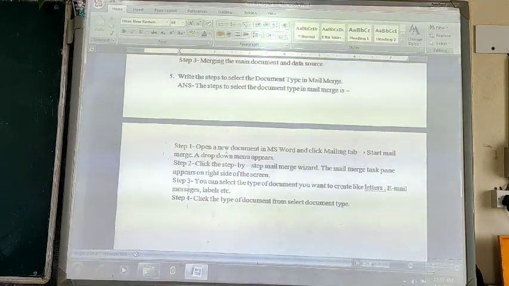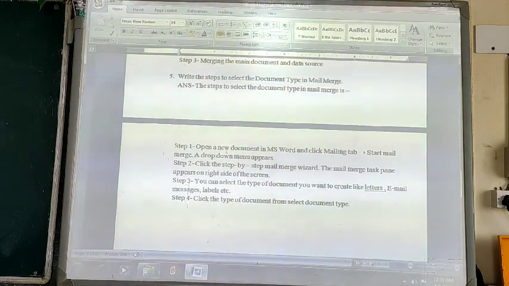Open the MS Word new document and then click on the Mailings tab. From the Mailings tab you select the Start Mail Merge option. As you click on the Start Mail Merge option, a drop down menu will appear.